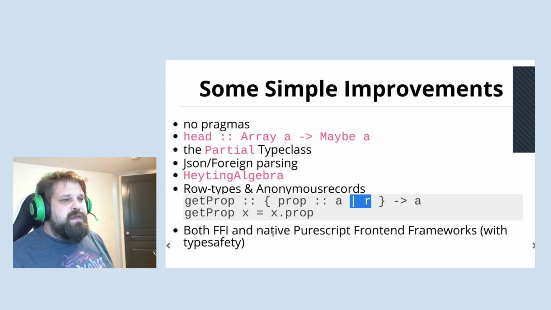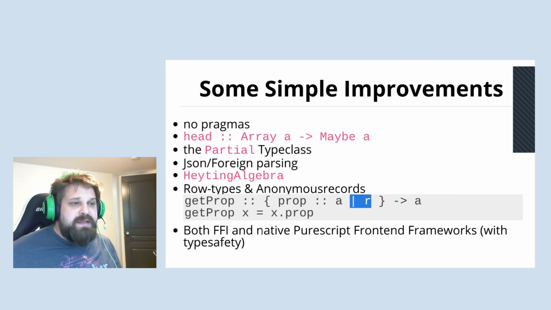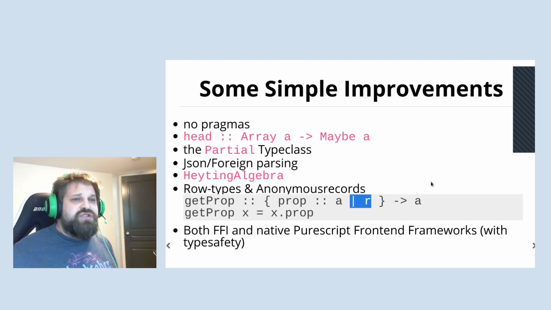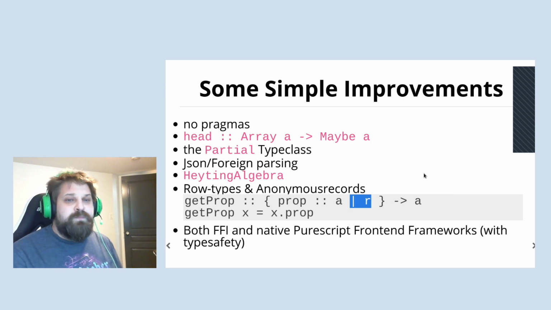And you have FFI and native Purescript function frameworks as well. So you can use something like Halogen, which is entirely written in Purescript using free monads, and you get all of the type safety. It's an incredibly type safe library. Or if you want to opt for something like React, there's absolutely multiple versions of React bindings available in Purescript. And I will say in general that the entire ecosystem is really geared for production.